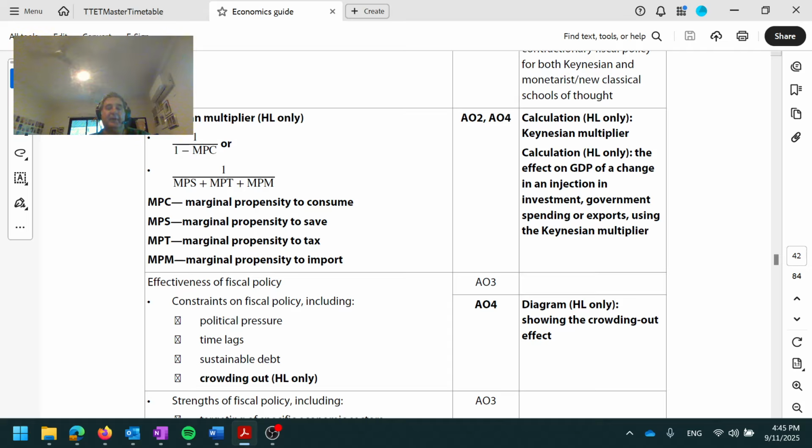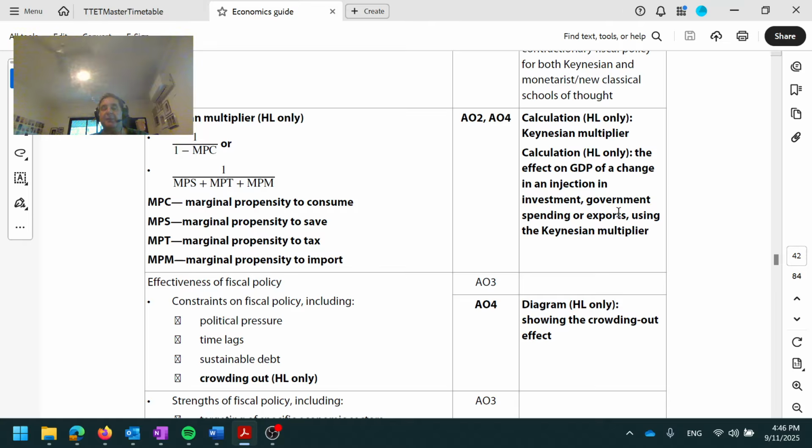But this has certainly been on previous paper 3 exams. You've got the simple multiplier there, 1 over 1 minus MPC, or the more complex one where you have 1 divided by the marginal propensity of the leakages. Be able to calculate the effect on GDP of a change in injection, investment,